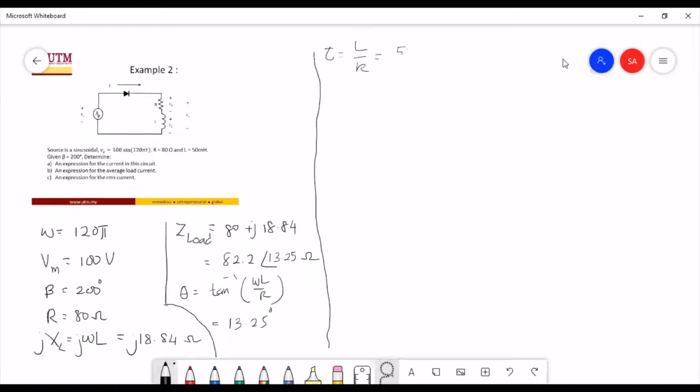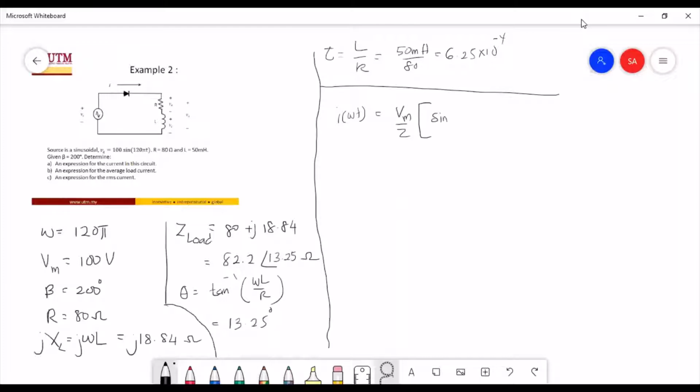You can compute this by 50 millihenry over 80 ohm, where the answer should be around 6.25 times 10 to the power of negative 4. So that is the time constant. Finally, we have all the information needed to insert into the expression of the current. The expression of the current, as we may recall, is i of omega t, which is Vm over Z